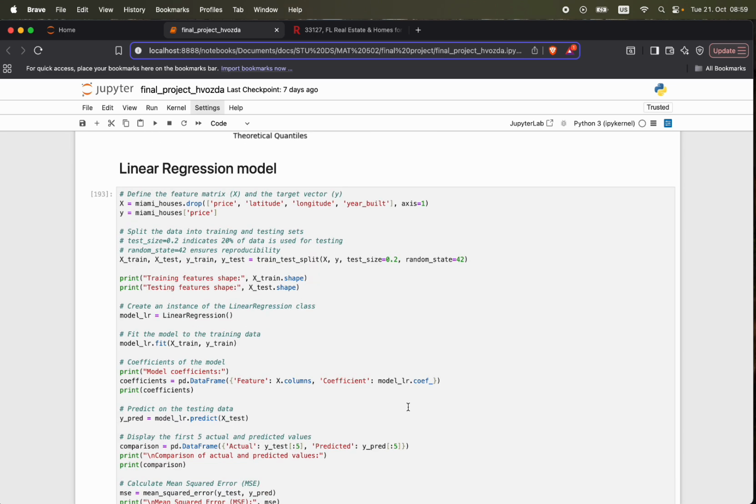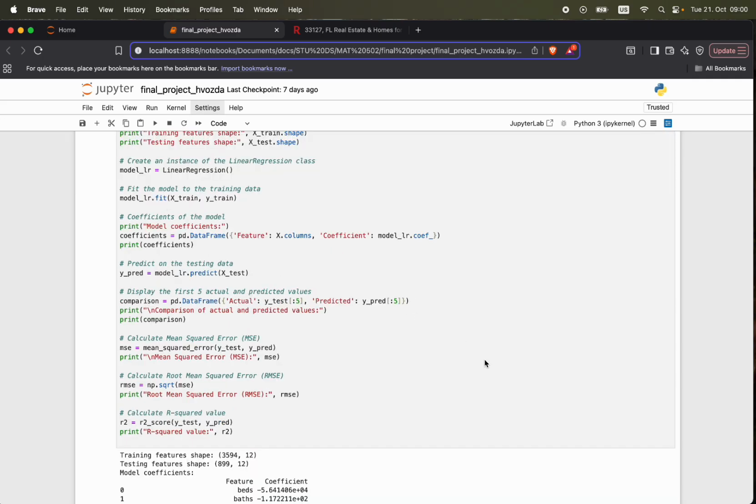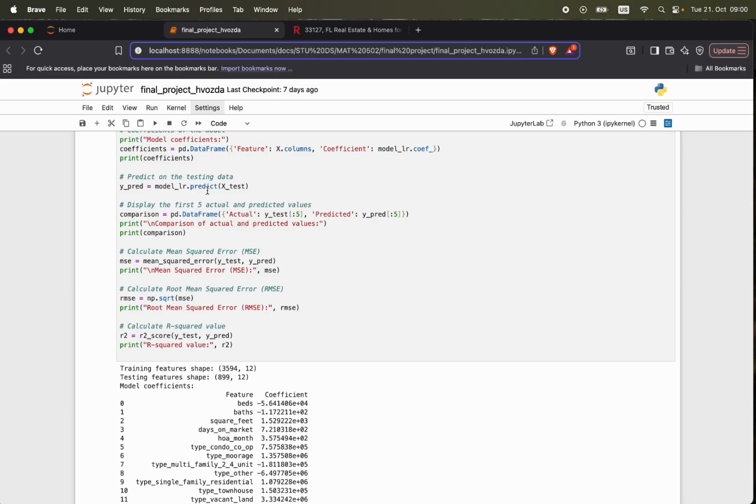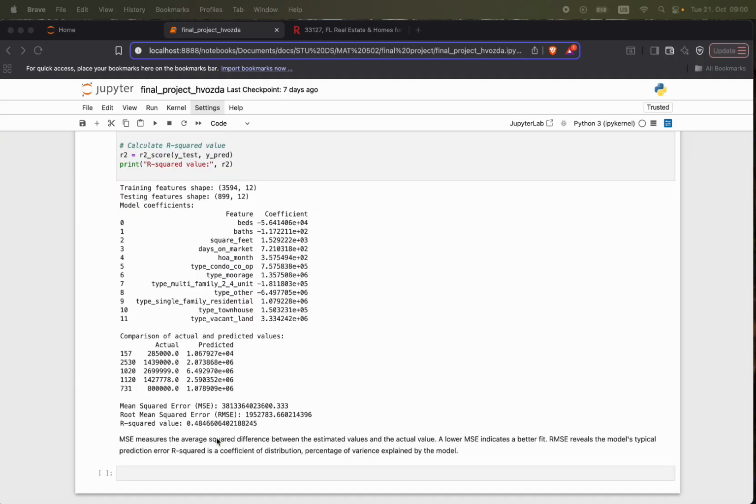All right, so now let's try the linear regression model from Scikit-learn. We split the data into 20 versus 80%, where test data is 20% and training data is 80%. We fit the data and we predict on the testing data. To analyze this model, we use mean squared error, root mean squared error, and R squared value. So here our R squared value is just a very tiny bit better than in OLS. So it explains